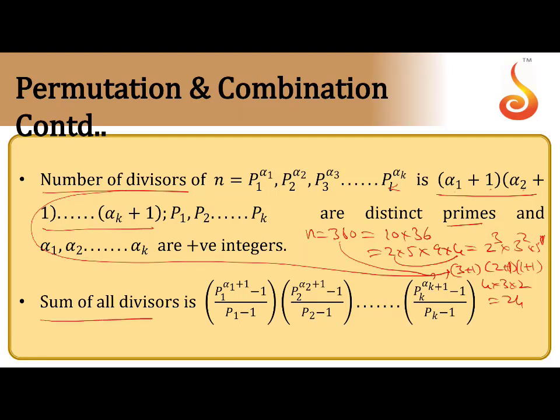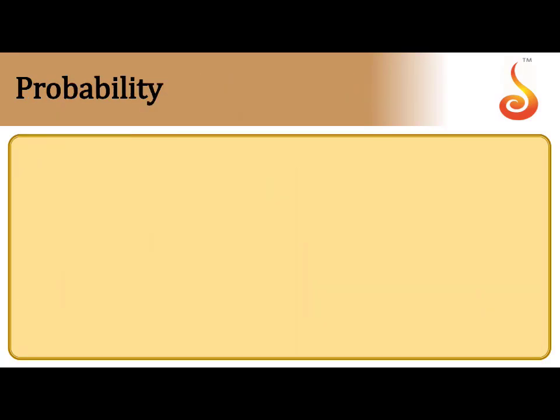So next, another formula, sum of divisors. This is the formula for the sum of divisors. The method is the same, but write the prime factorization. So if you add all the numbers, what is the sum? This is the method. The sum of all divisors formula is p1 power alpha 1 plus 1 minus 1 by p1 minus 1, and similarly for p2, and so on, if more primes are there. Clear now? These are other important combinations.